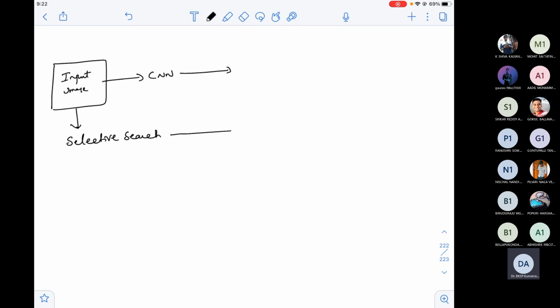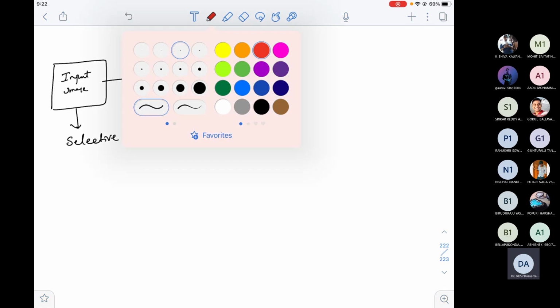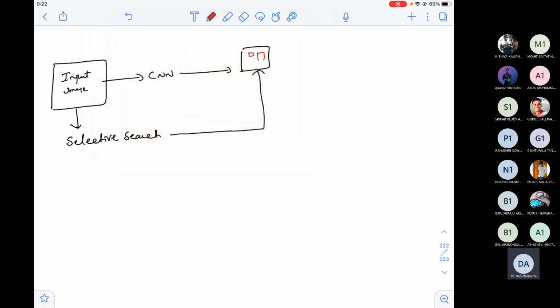I'll be applying selective search onto the output of the CNN, the feature map that I have. This selective search will propose different boxes onto the feature map, which is the output of the CNN.